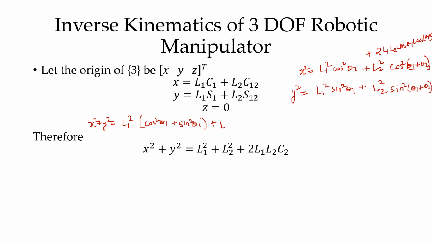Similarly, here also plus 2 L1 L2 sine theta 1 into sine of theta 1 plus theta 2. These are the expressions, and we will now combine them to make it simple. So now it will be L2 square into cos square of theta 1 plus theta 2 plus sine square of theta 1 plus theta 2, plus